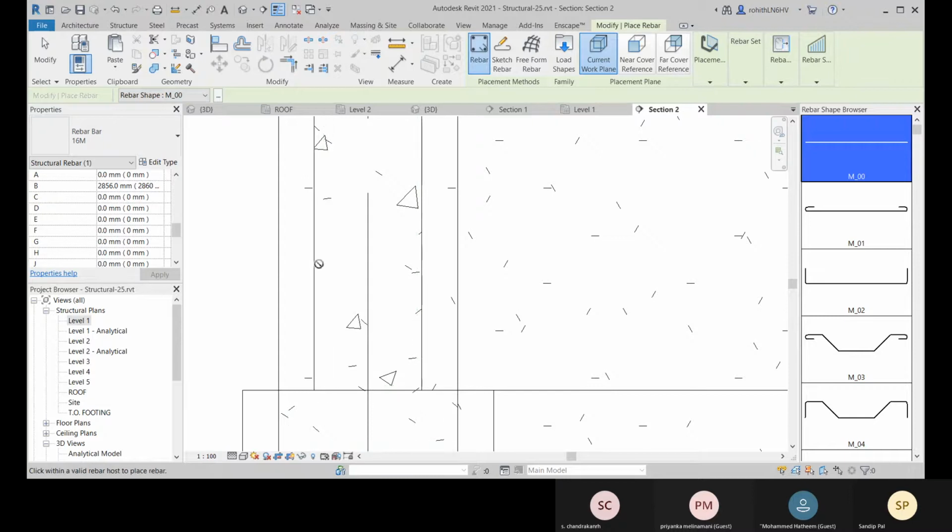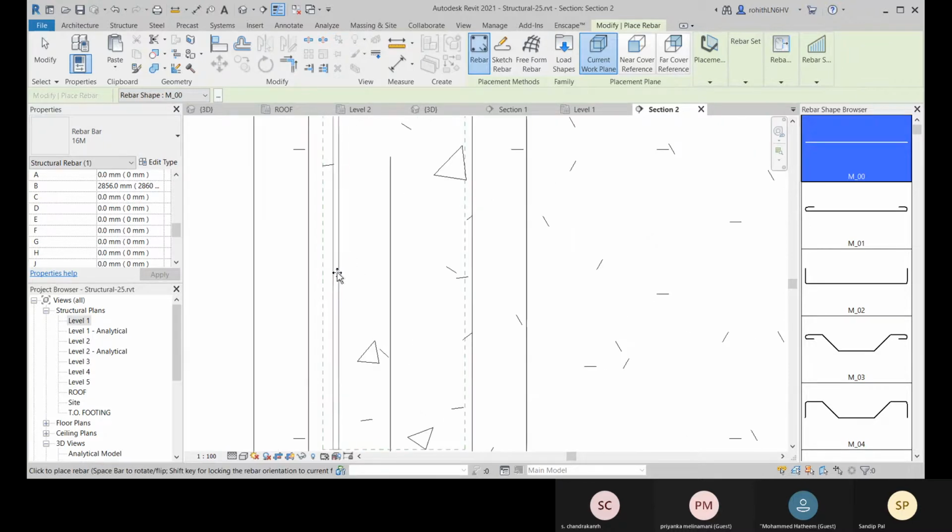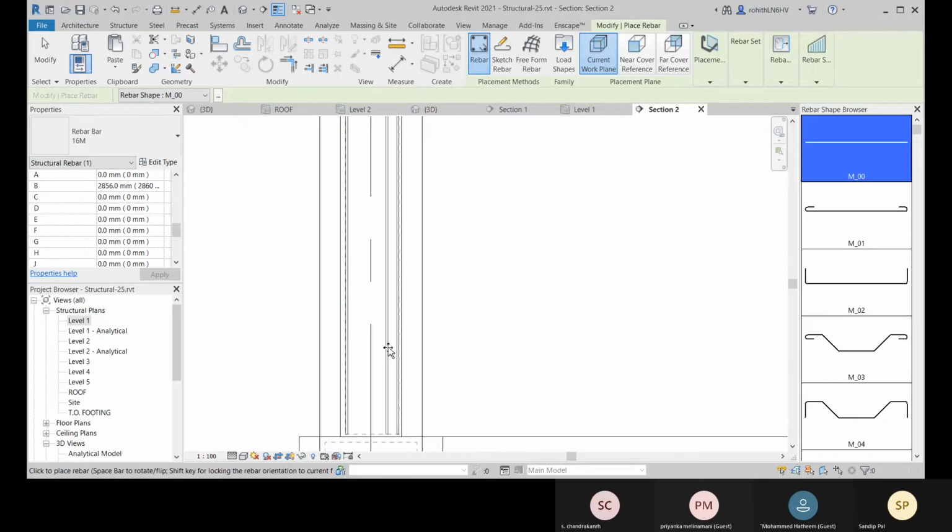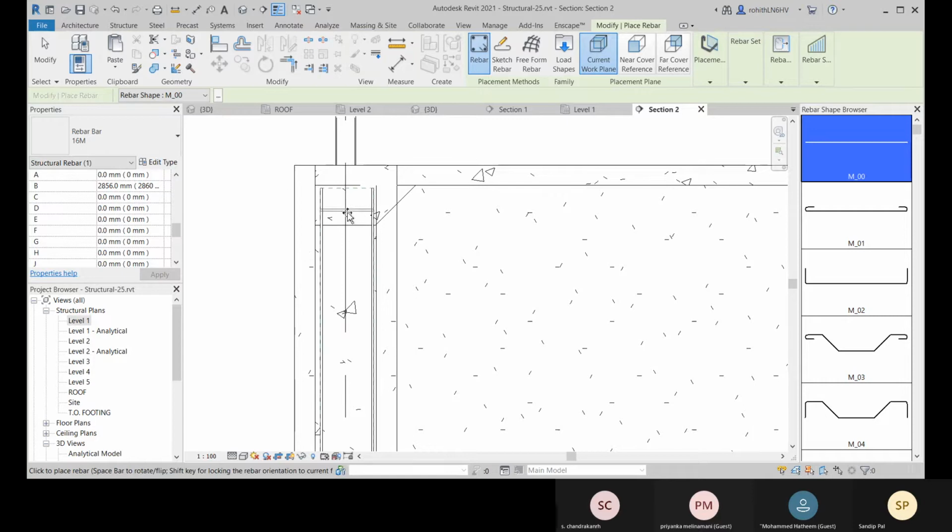You cannot go beyond. Okay, you can place it within this cover area, so it will snap to that last end. So there you can place. Okay, it will place like this within that, and you can place it horizontally also.